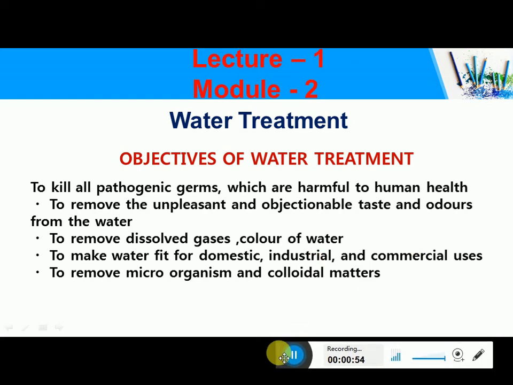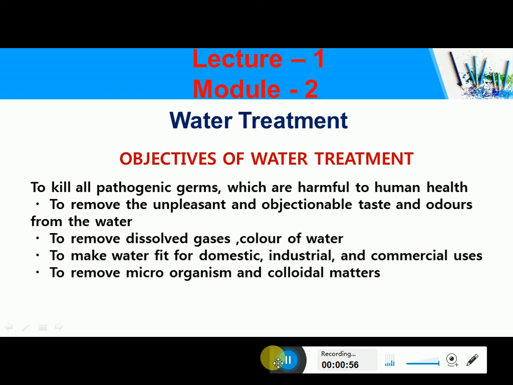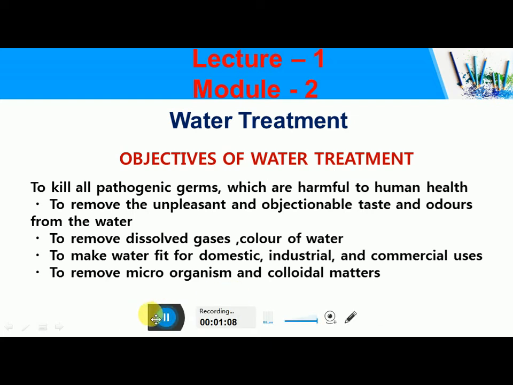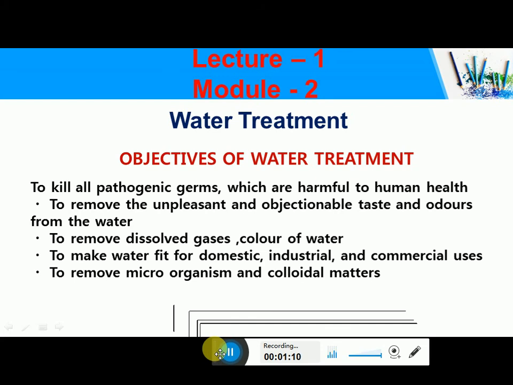So the first thing is we have to know the total population to which the water is supplied. The population is estimated by using different methods, and the future population of 3 to 4 decades is estimated, and for that population number the water treatment units are designed. Once that is confirmed, the next thing is to know the treatment technologies.